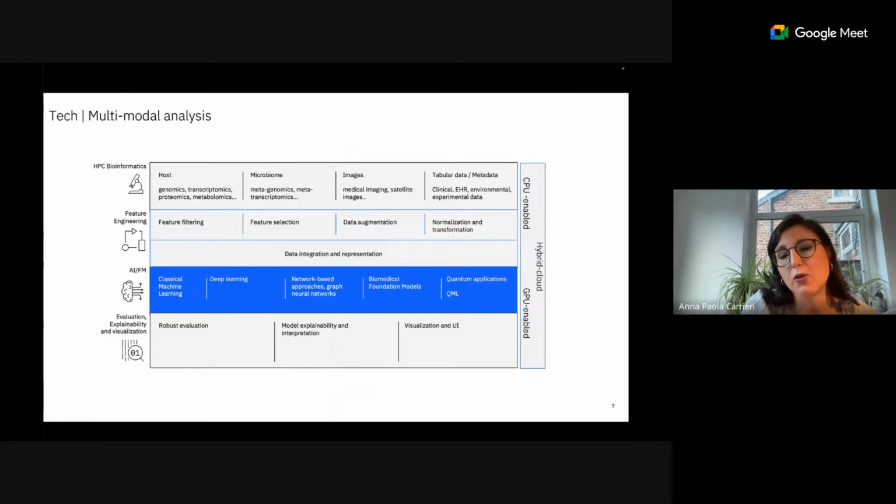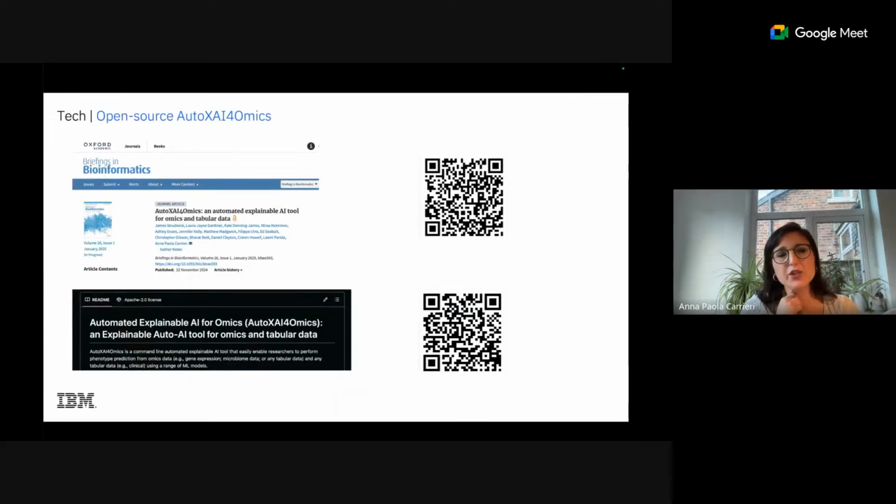So before I go into explaining what we do around biomedical foundation models, I just wanted to share a classical machine learning, or a classical automated AI pipeline that we recently published. This was just at the end of last year. So this is an open source tool. So if you want to run a classical machine learning analysis on some tabular data, they can be omics data, gene expression, they can be SNP, they can be a microbiome table, abundances of microbiomes, any tabular data.